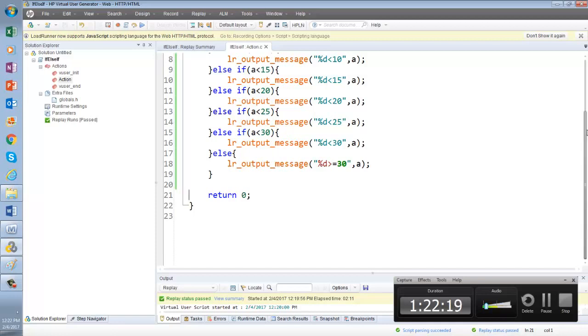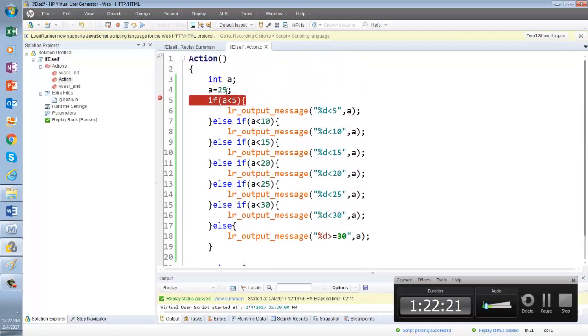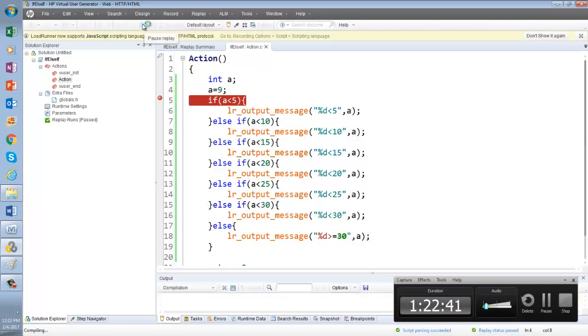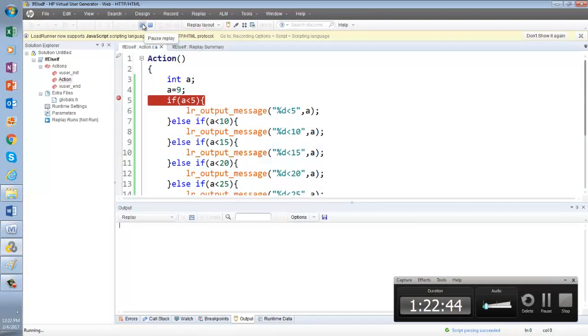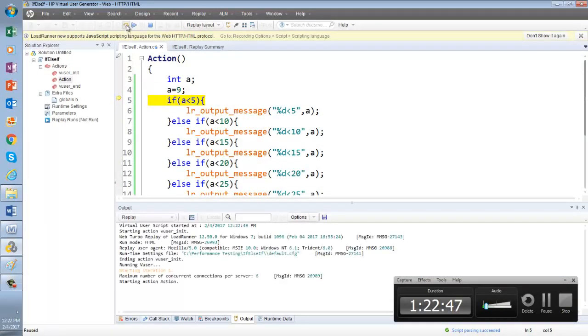Now if I put here, instead of 25, let's say 10, everyone follow here. If I put 10, let's say not 10, let me put 9. Sorry, 9, right? The first one will go? No. A is greater than 10. The second one, right? Now take a look. What is the value of a? 9. So 9 less than 5. Is it true? No, so it will go for the next.